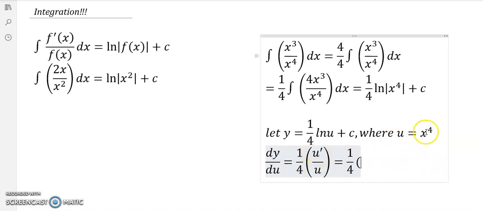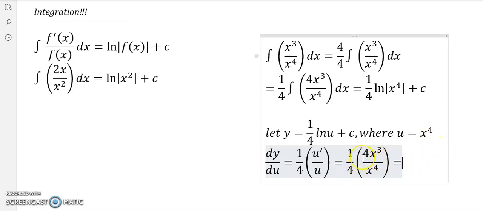If we derive this one, we're gonna get 4x to the power 3 divided by u, as it is. u is nothing but x to the power 4. Yeah, just like that, equal to